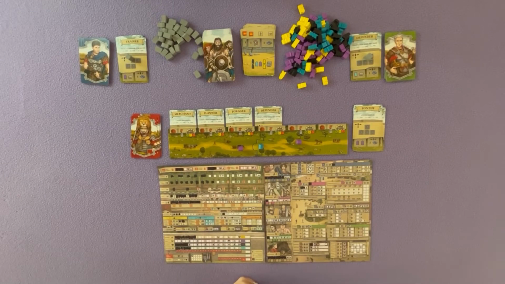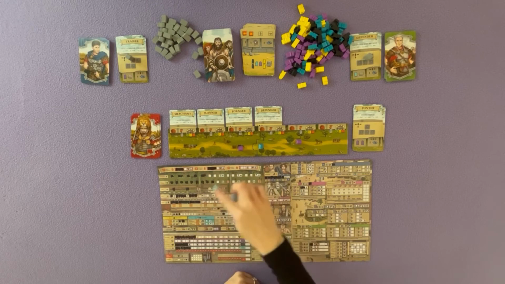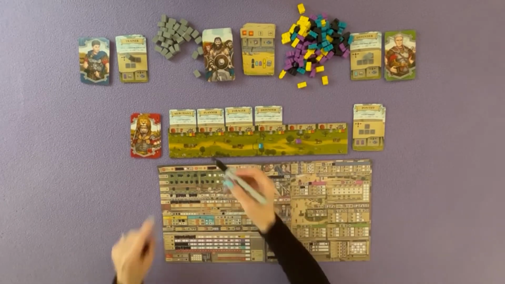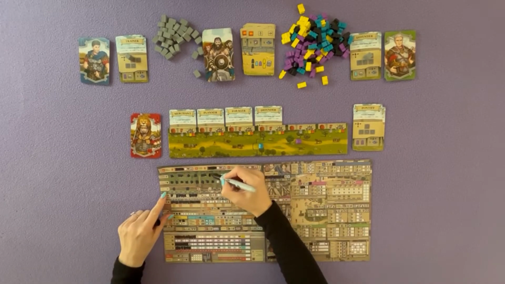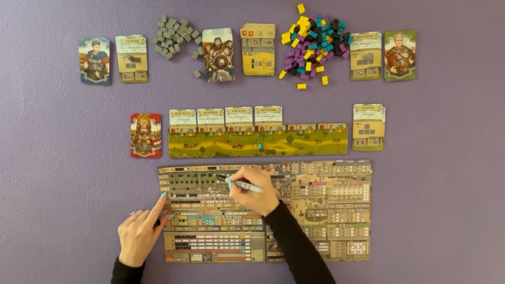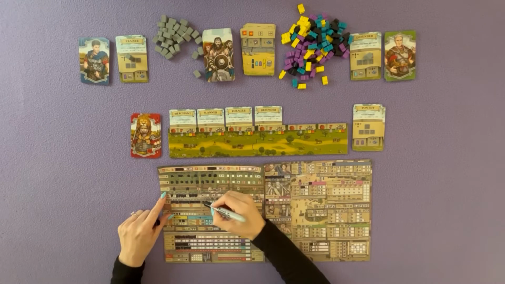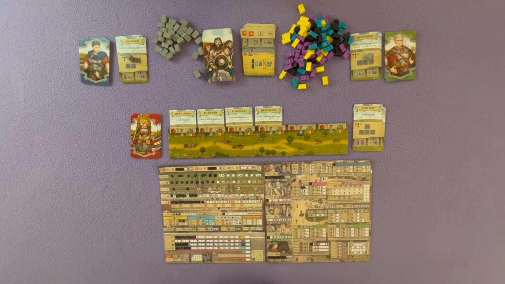Now what can we do with our remaining purple and blue workers? I think I'm going to just go ahead and use them for mining and forestry and on the fort to get myself set up to be able to make some actions in the next turn. So there goes the first purple worker on the leftmost space on my mining and forestry, second purple worker, and the blue worker will fill in the first spot on this middle section of my fort track,